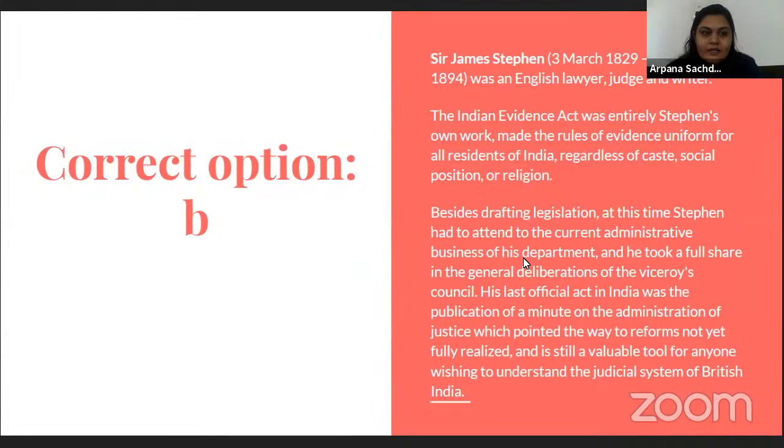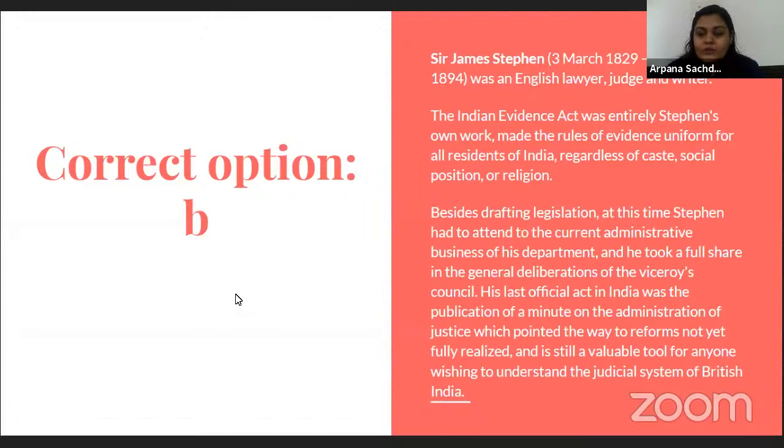Act was entirely his work, and without discriminating on the religion, caste, or social status of a person, he made this Evidence Act applicable to all the Indians. And besides the Indian Evidence Act, he has done remarkable work in various legislation also, like the Indian Contract Act. And he has also